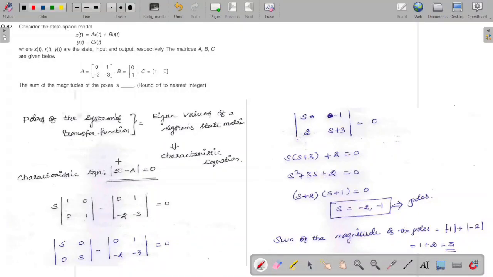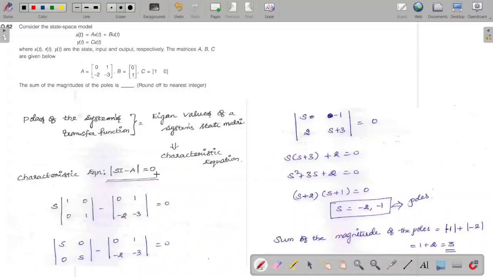They told you to find the sum of the magnitude of the poles. From this question we can say that the poles of the system's transfer function are equal to the eigenvalues of the system state matrix. The state matrix is A, which is [0, 1; -2, -3]. For that we have to find the eigenvalues. The eigenvalues can be found through the characteristic equation. The characteristic equation formula is